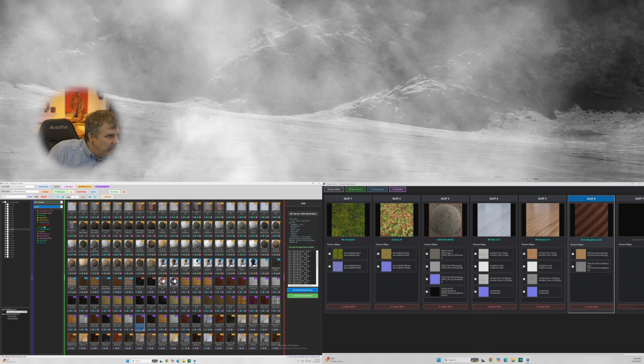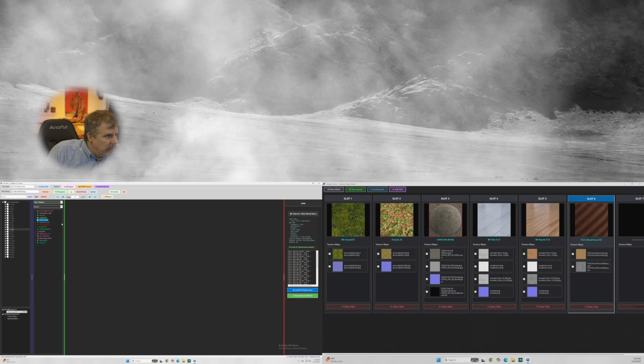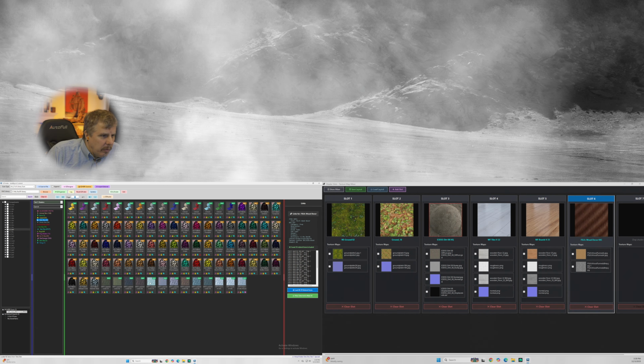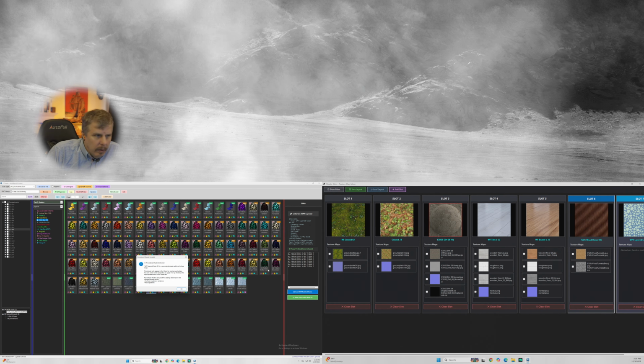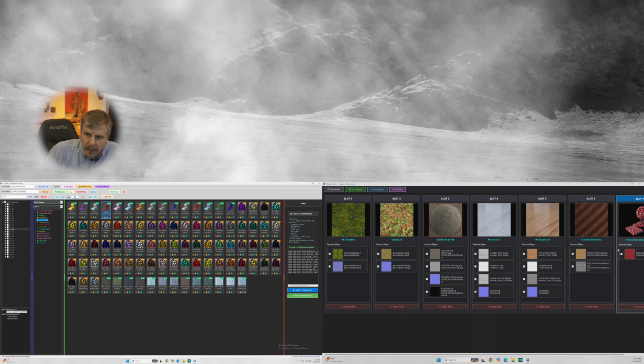Let's see. Dots. Dots, most of these are going to be procedural, but let's see. That one. Nope, that's procedural. And how about this in polka dot white? Now that one's got an image, okay? So there we go. These are all of our,